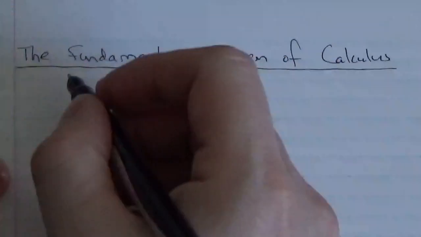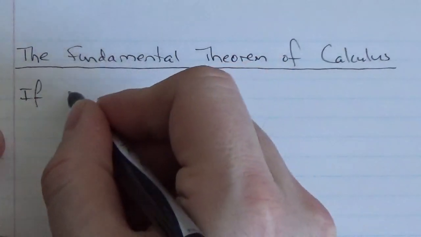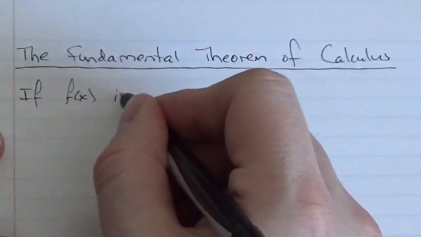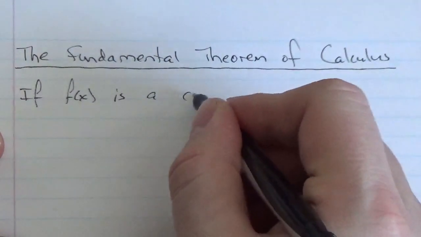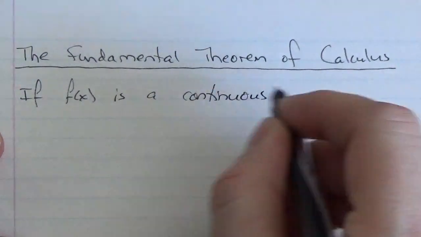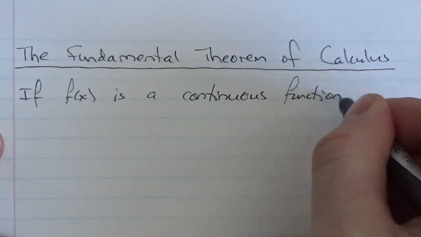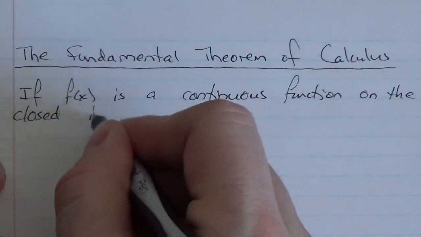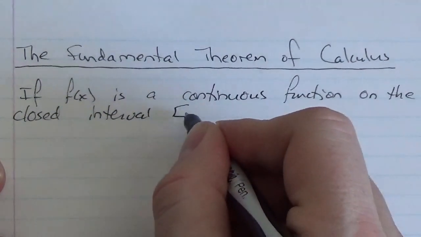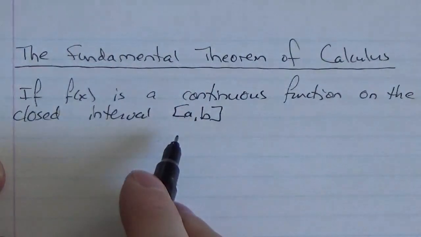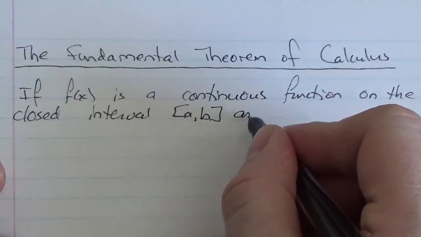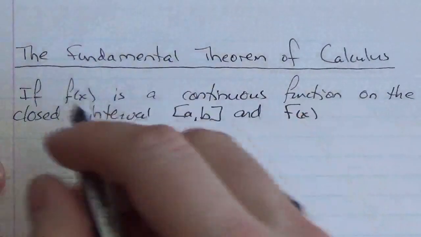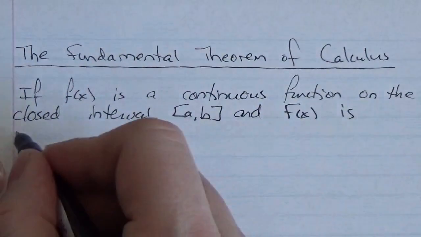So here's what the fundamental theorem of calculus says. It says if you've got this function little f of x, that's my lowercase f, and if f of x is a continuous function, continuity is really important, if it's a continuous function on the closed interval, let's make that a to b, and we're going to let capital F of x be defined